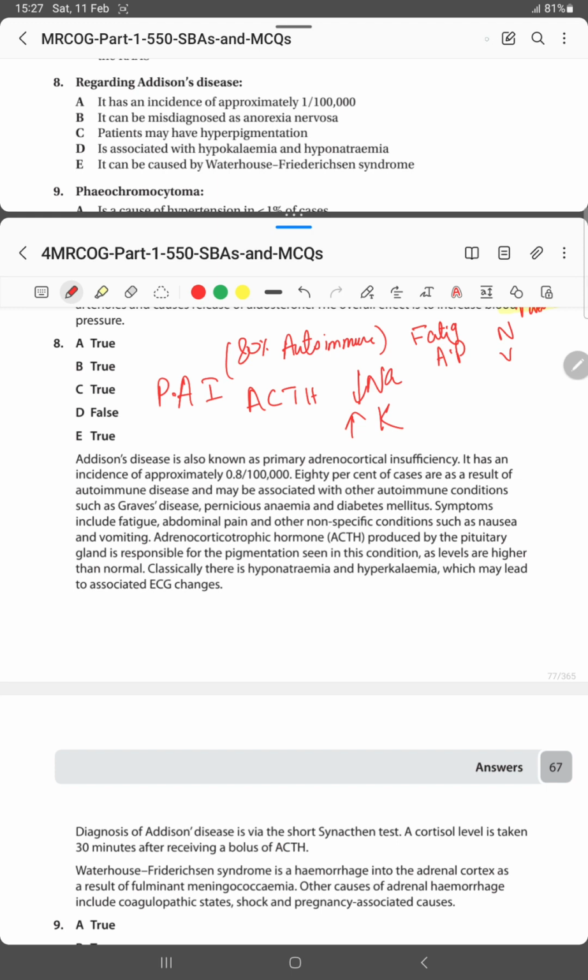So let's move on to the options. Regarding Addison disease, it has an incidence of approximately 1 in 1000. Yes, that is true, because it is 0.8 in 100,000. It can be misdiagnosed as anorexia nervosa. Yes, that is true, because the patient has symptoms of nausea and vomiting, fatigue, and abdominal pain, and patients may have hyperpigmentation. Yes, that is again true, because this hyperpigmentation is due to the